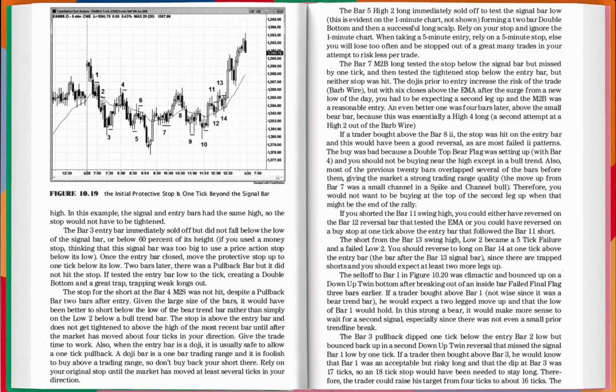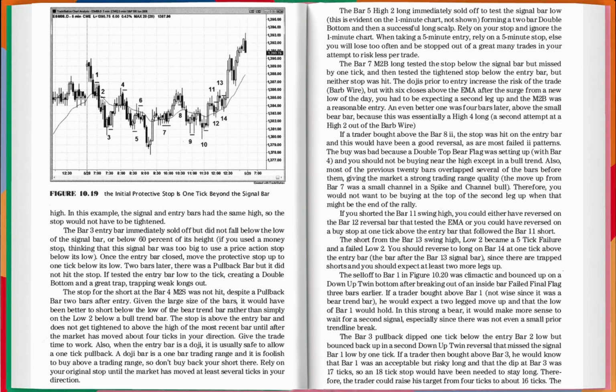The bar 3 entry bar immediately sold off but did not fall below the low of the signal bar or below 60% of its height. If you used a money stop, thinking that this signal bar was too big to use a price action stop below its low, once the entry bar closed, move the protective stop up to 1 tick below its low. 2 bars later, there was a pullback bar, but it did not hit the stop. It tested the entry bar low to the tick, creating a double bottom and a great trap, trapping weak longs